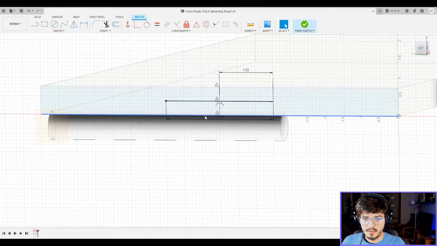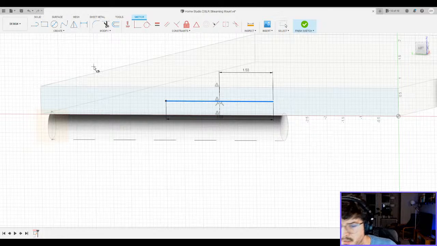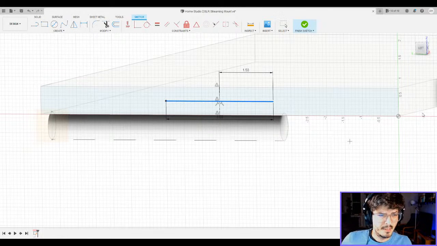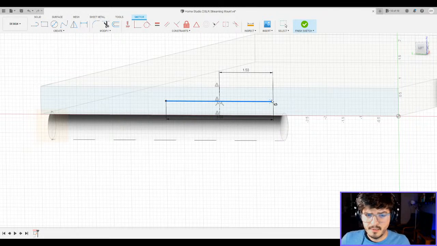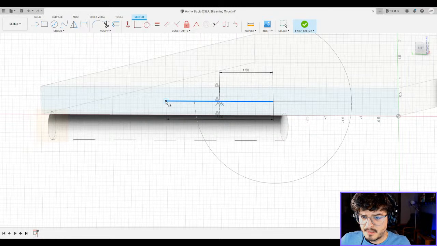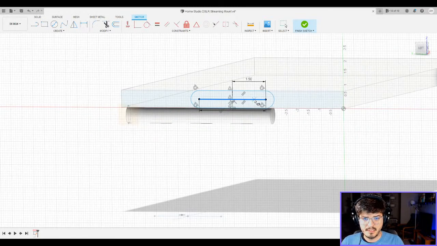I'm going to create a slot from this. Center to center, that's what I want. And center point slots, center to center. So that's my center and that's my center. And I want it to be that big. That's my slot, nice and done.